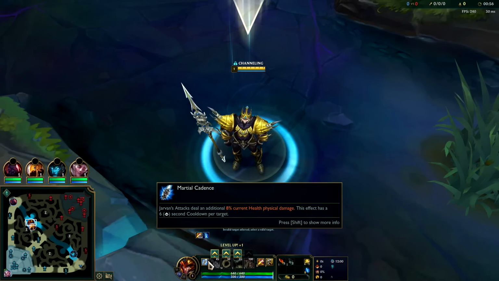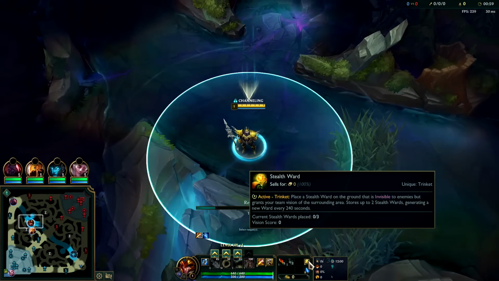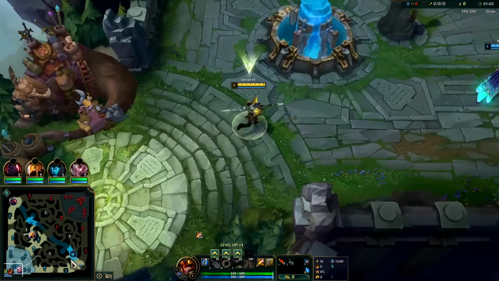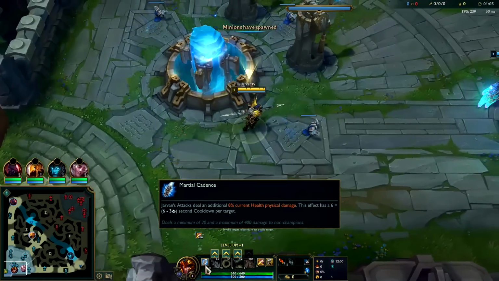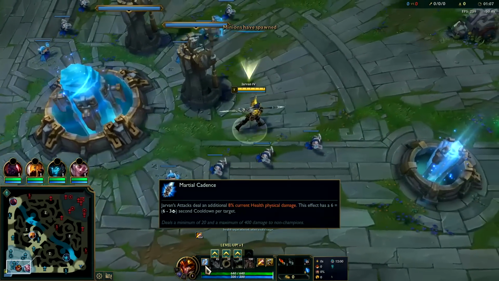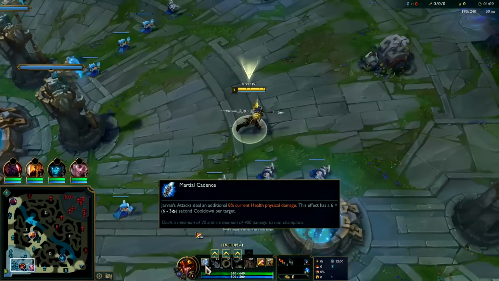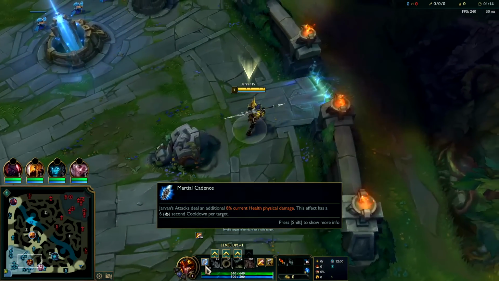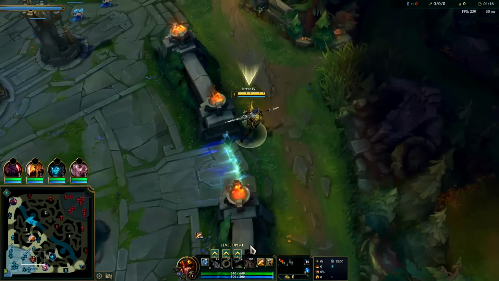And whenever you smack them with your autos, you'll be doing 8% of their current health, which is extremely useful for bursting squishies and tanks alike. And the nice thing about it is whether you build AD, AP, or tank, it always does the same amount of damage because it doesn't scale off of anything. It's going to be a flat 8% of the current health no matter what you do,